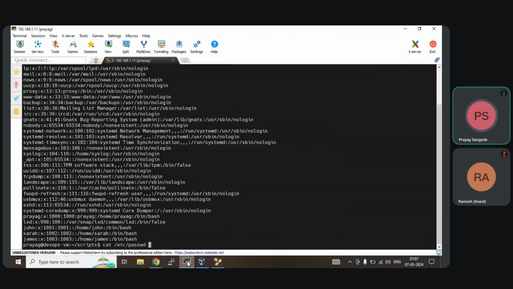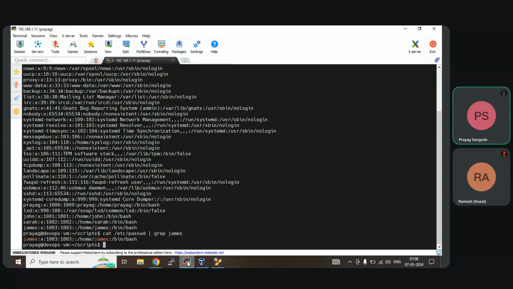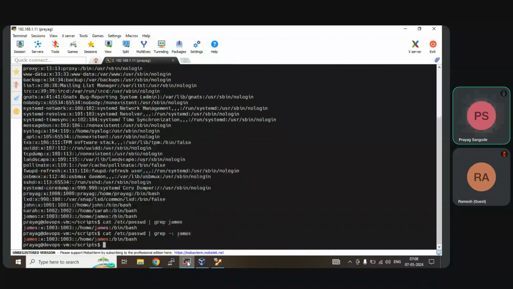In this, if I want to search for a word, James, then it is like a search only. Grep means search for a particular word. And then I can add an option called -i. Suppose we have one more line here or one more user which is in uppercase, then whatever it may be, whether it is uppercase or lowercase, it will give the output. -i means case insensitive. I stands for insensitive, so it will check whether the user is in uppercase or lowercase,